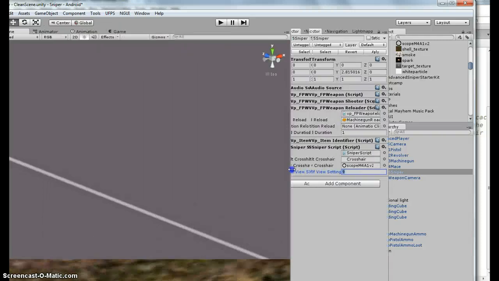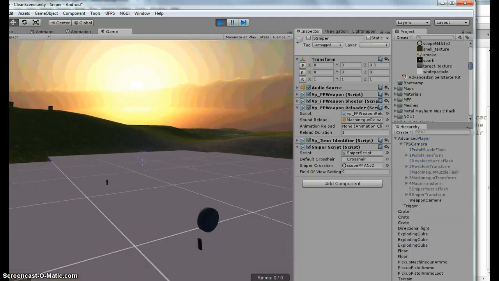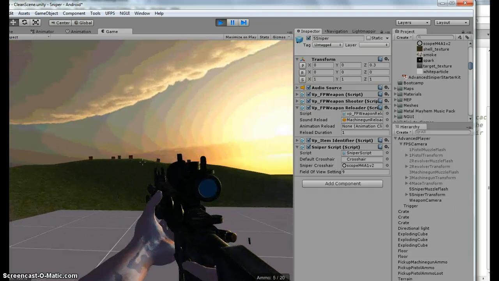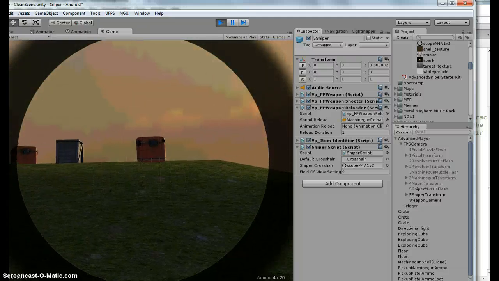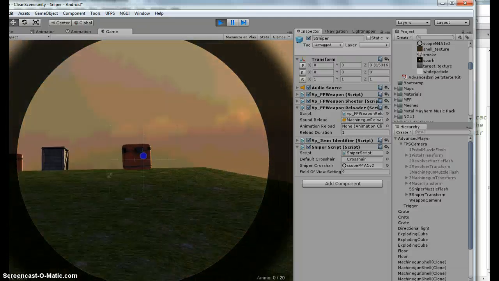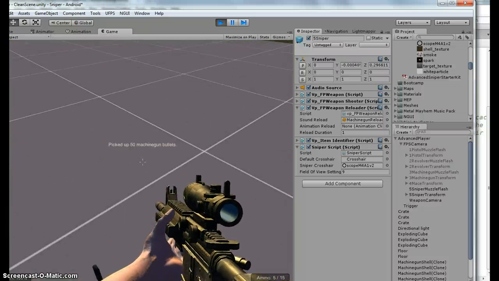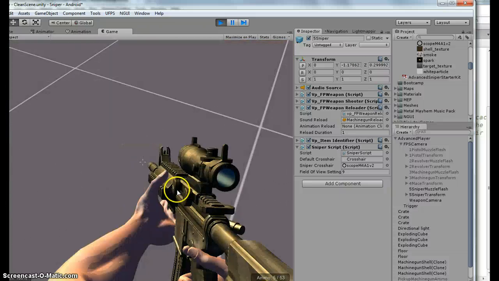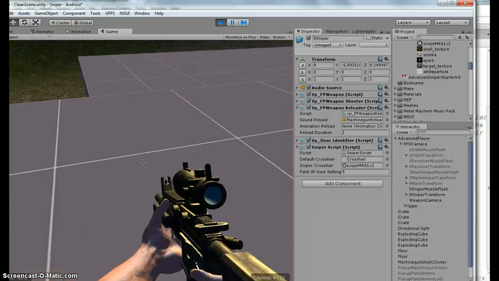So then if I hit play, I've saved this, and I can hit play. So what it's going to look like when I hit play, so when I zoom in, you see it automatically resets, but it'll only fire 5 ammo, so the 5. So you can see my weapon settings are,